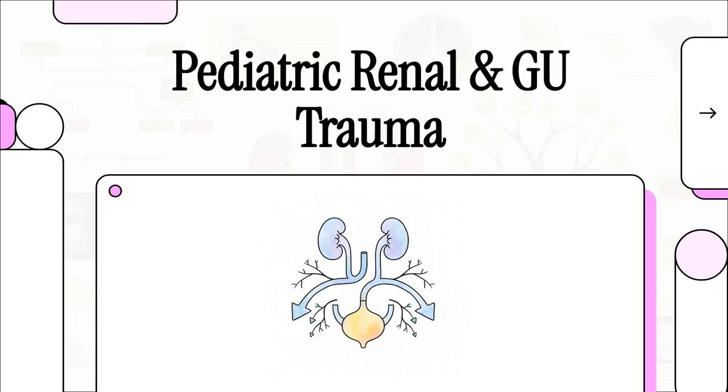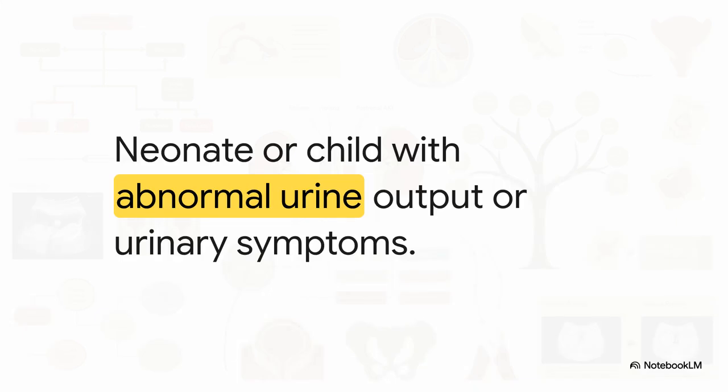Let's jump right into the next best step decision logic for pediatric urology and genitourinary trauma. For Step 2CK, it's all about how you sort these patients. We're looking closely at age, their specific urine symptoms, volume status, and any trauma mechanisms to quickly identify the right diagnostic and treatment pathways. The critical branch point begins the moment a neonate or child presents with abnormal urine output